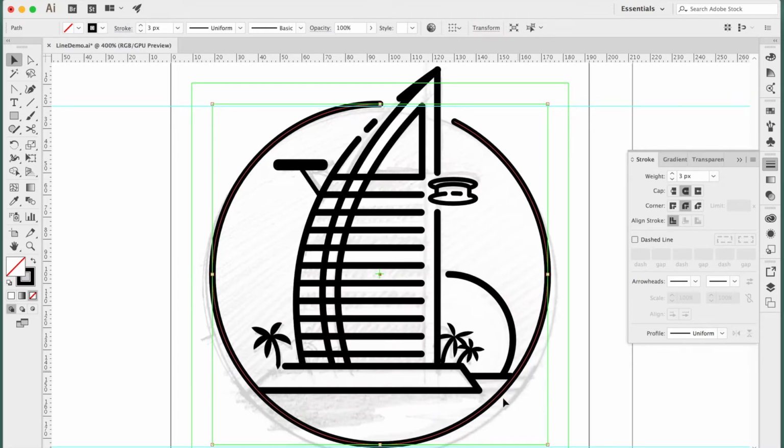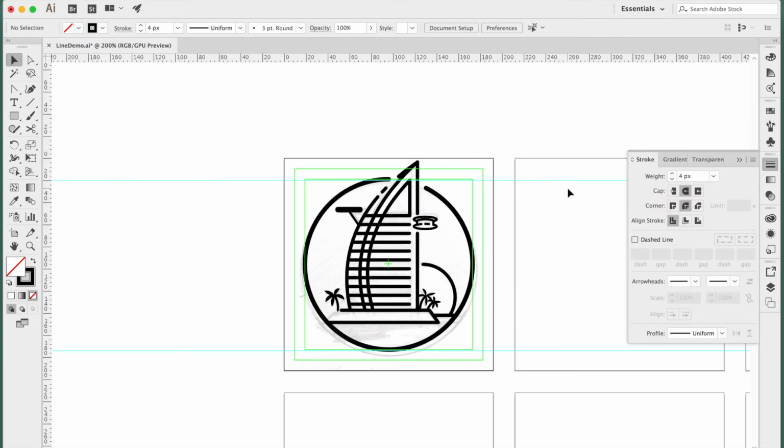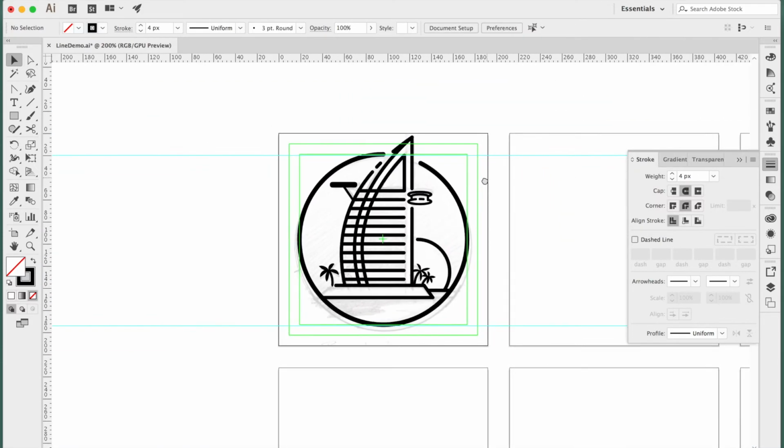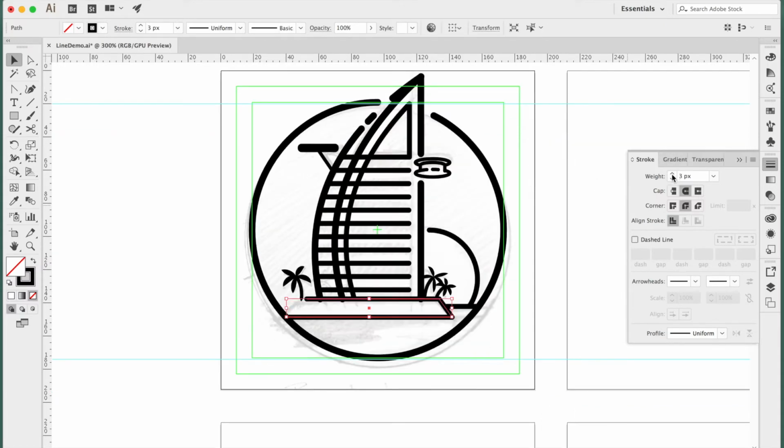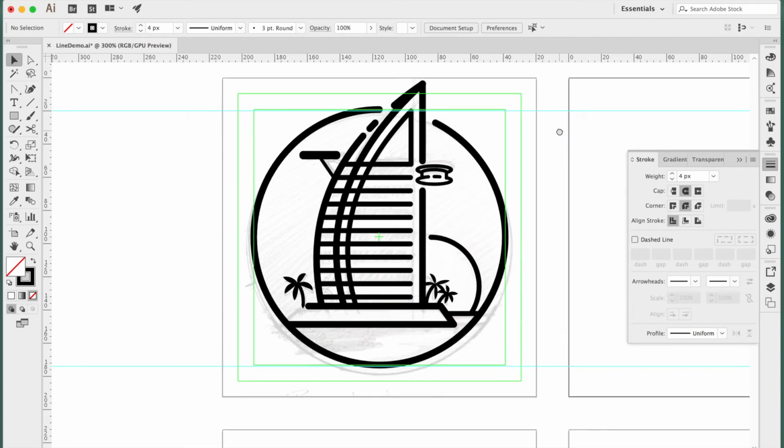So in this case, I think I might want to have this container be just a little bit thicker than the rest of the stroke weight. And I'll test out making the outline of this building a thicker stroke weight. See how that looks. Okay, I kind of like that. I'll make this one a little bit thicker as well. And as far as